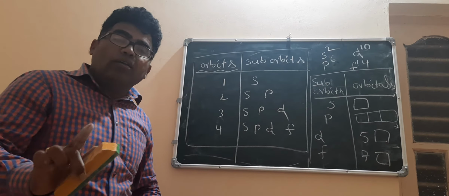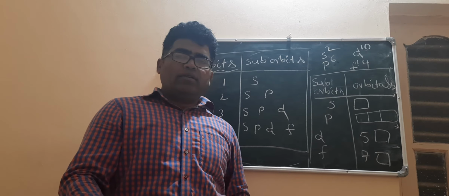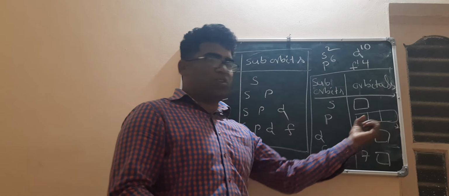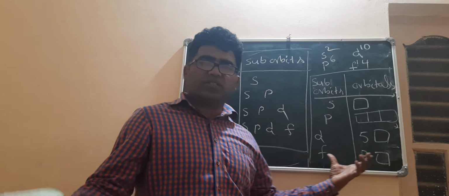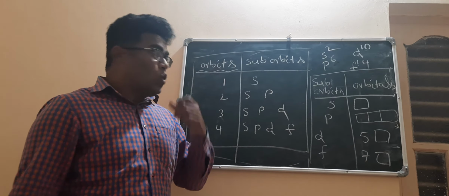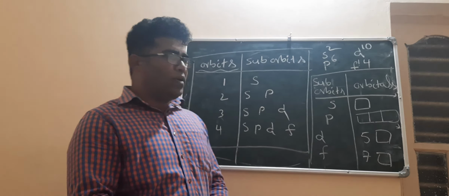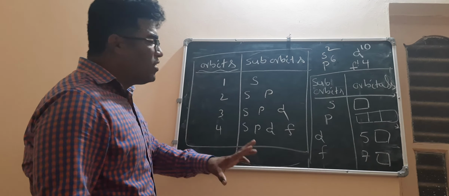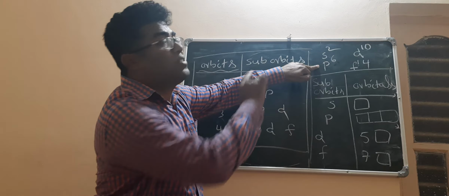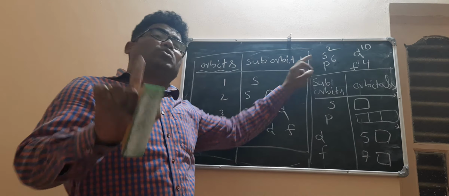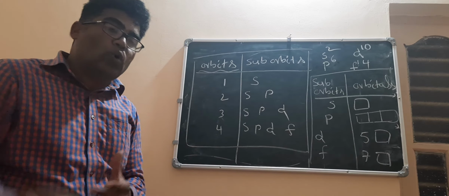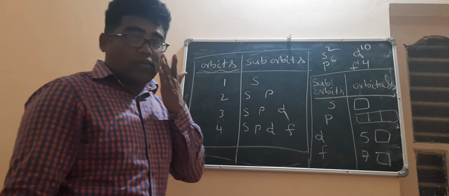I hope you will keep this in mind. A p suborbit is a combination of 3 orbitals, a d suborbit is a combination of 5 orbitals, and an f suborbit is a combination of 7 orbitals. Any orbital, whether s, p, d or f, holds a maximum of 2 electrons. But the maximum in a p suborbit is 6, while a p orbital, d orbital and f orbital each hold 2. If you have this idea, it is easy to learn electronic configuration.